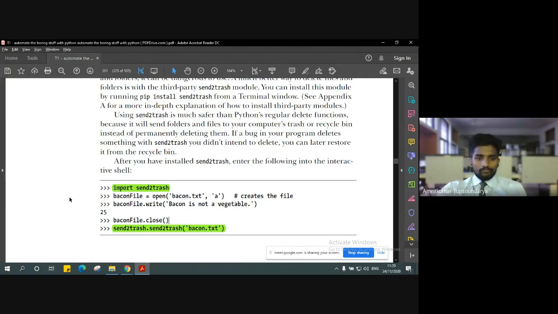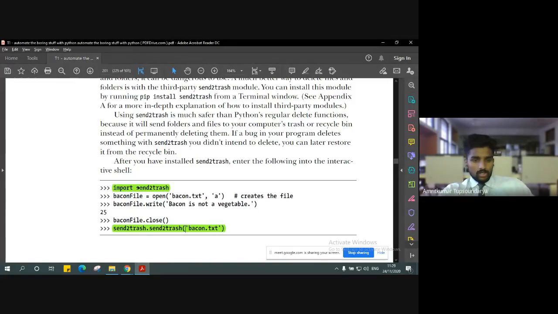Right now we have created a new document called bacon.txt, added some content inside, returned the length of it, and also closed that document. This is just a sample document that we want to check whether it is actually sent to the trash or not.